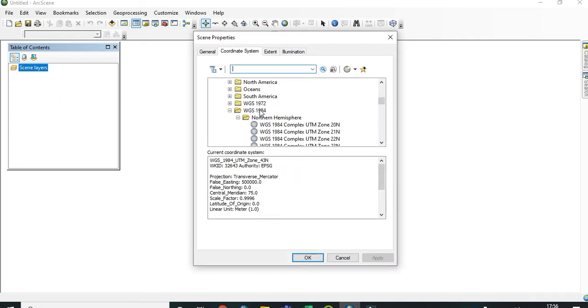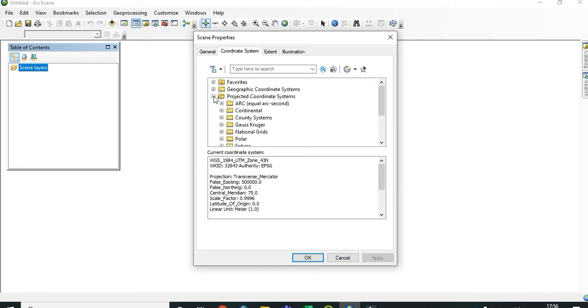After properties, here the geographic coordinate system is in, and then the projected coordinate system. I am going to select the projected coordinate system. After UTM, then WGS 1984, then Northern Hemisphere and Southern Hemisphere.